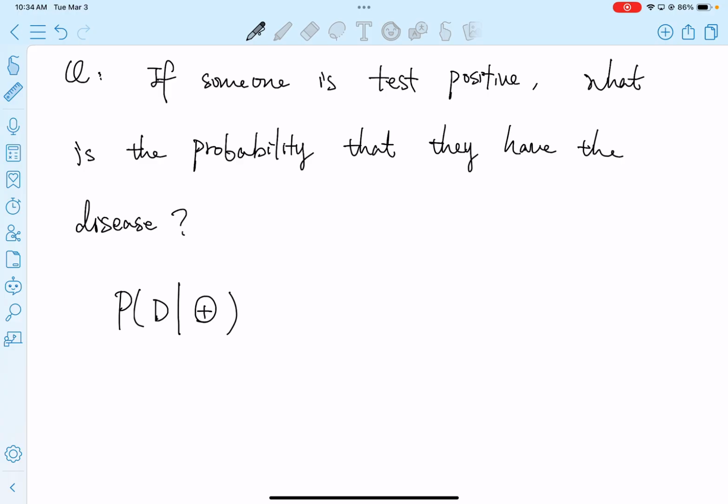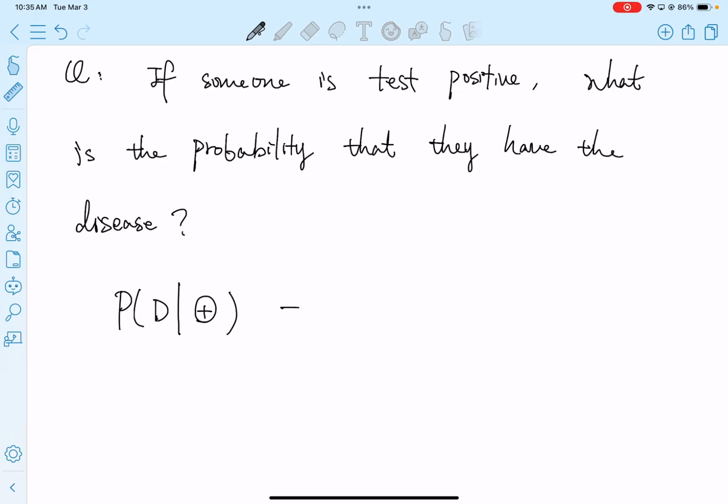Okay, or you can use another letter to denote it, but now I'm just going to use a plus icon to define that. So, based on the question, in mathematical language, this is what we are interested in: the probability of disease conditional on the result being positive. Okay, now we have converted the question into mathematical language, and we are ready to apply